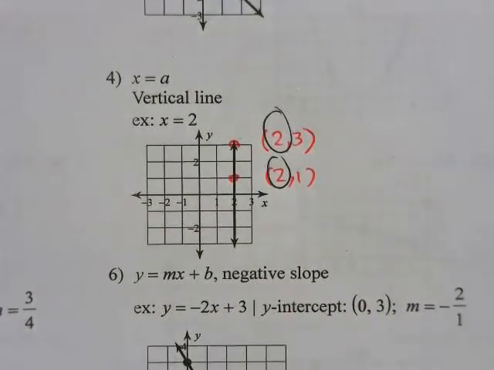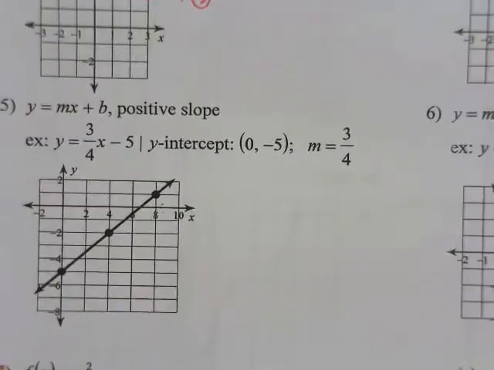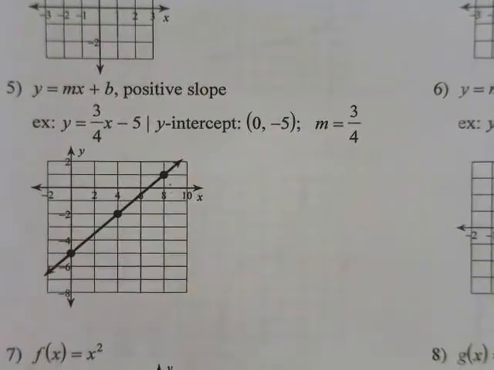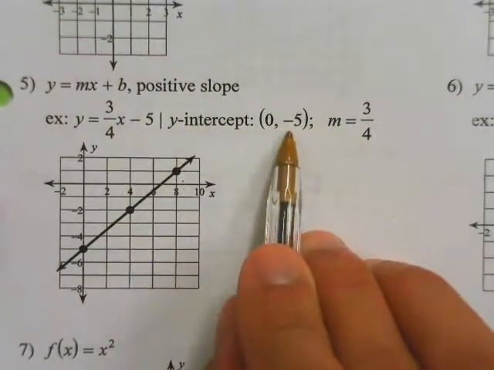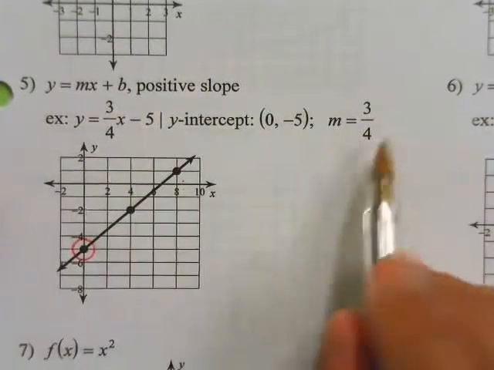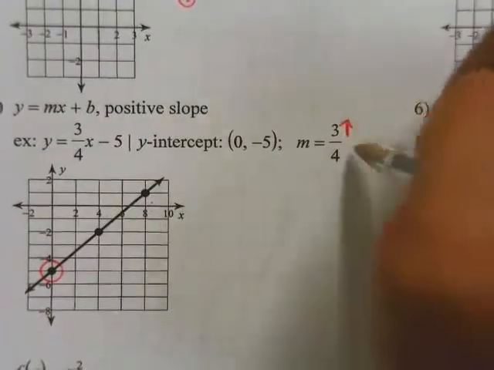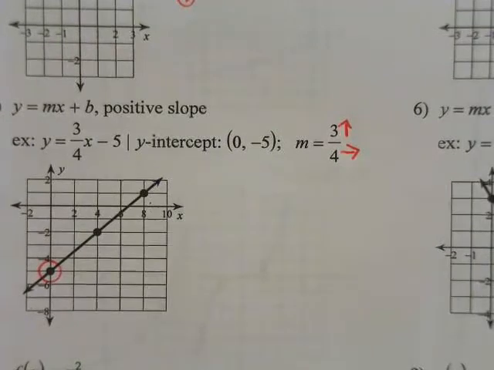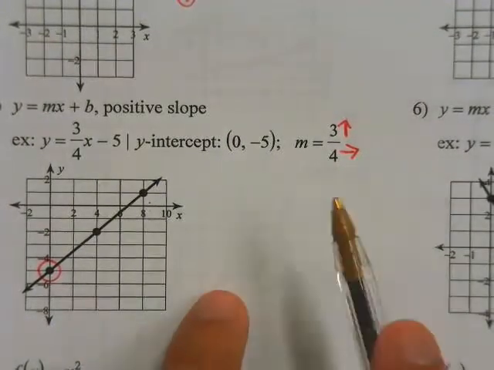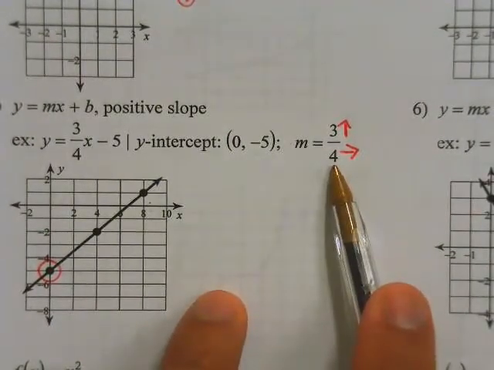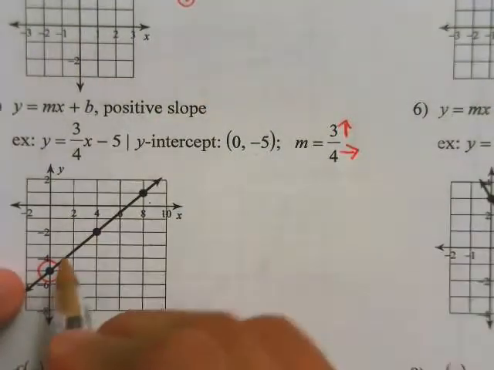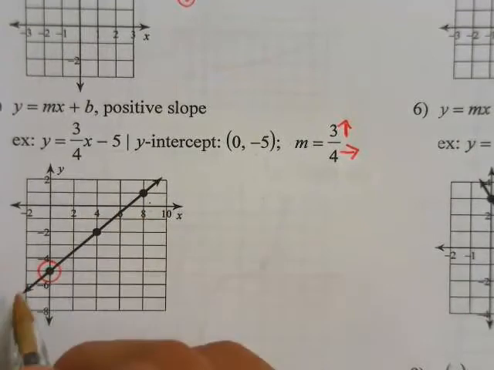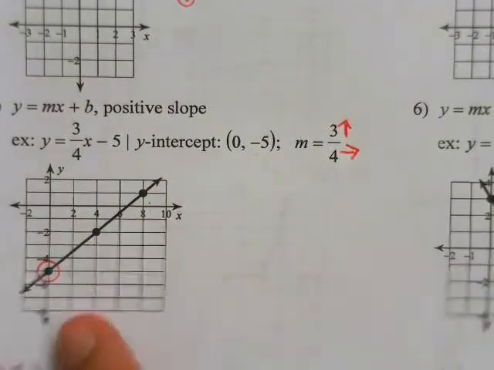5 and 6, you have your positive slopes again. So here is a specific example. Your y equals mx plus b. Your b is negative 5. So you start on the y-intercept at 0, negative 5 right over here. And you're going to go 3 up, 4 to the right. For this class and always, I think for us, we're always going to go to the right no matter what. The negative will determine if we're going to go down. So from here, you're going to go 3 up, 4 to the right, and it will be the same pattern throughout. As opposed to number 6,